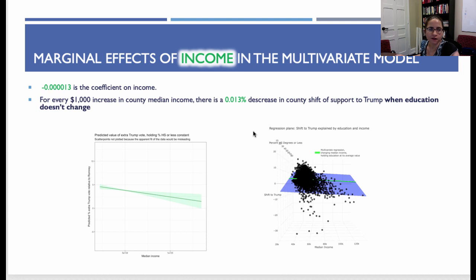The coefficient on income is 0.000013, which means that for every $1,000 increase in county median income, there's an associated 0.013% decrease in county shifted support to Trump. Again, this is when